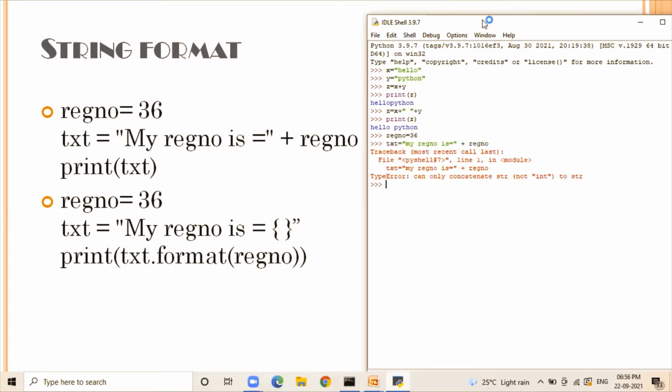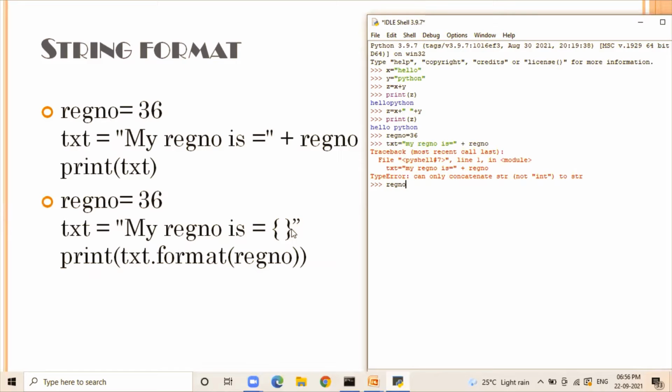Using the string format method, you can concatenate two dissimilar data types. Whenever we use the format method in Python, we have to use a placeholder, and that placeholder represents the other data type value. The placeholder is denoted by a pair of flower brackets that should be enclosed in double quotes, as shown in the second example. Let us execute the example.